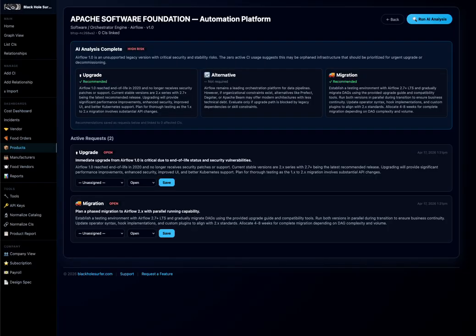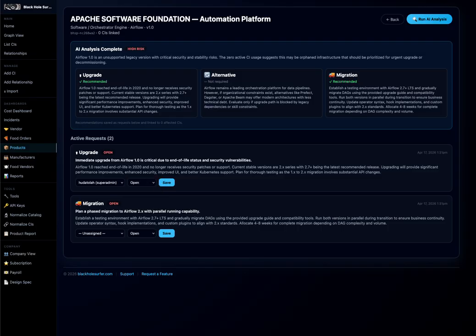So what I did, I entered the product with version 1.0 and ran the analysis on that. And it just came back and said, you need an upgrade because the current version is 2.7, right? So now I know what the actual version is. And what I can say is I'm going to assign this to myself